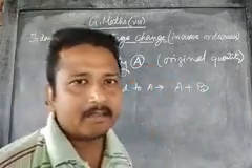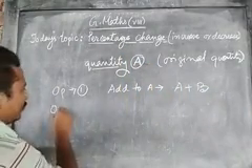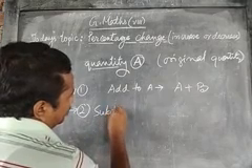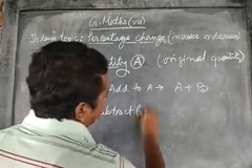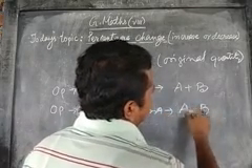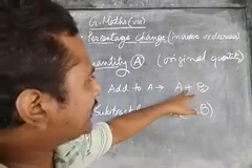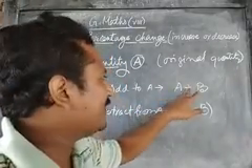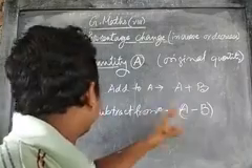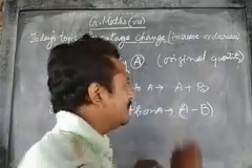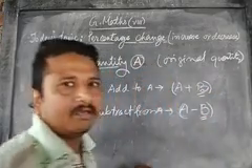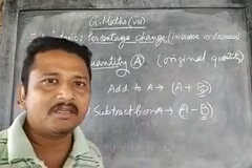With respect to increase. And operation 2, we will do what? Subtract B from A. So the new quantity will be A minus B. In the first case, the change is in terms of increase. So increase has happened by B, and in the second case, change is in terms of decrease. So the increase amount is B, and the decrease amount is B. In these two operations, we understand this much.